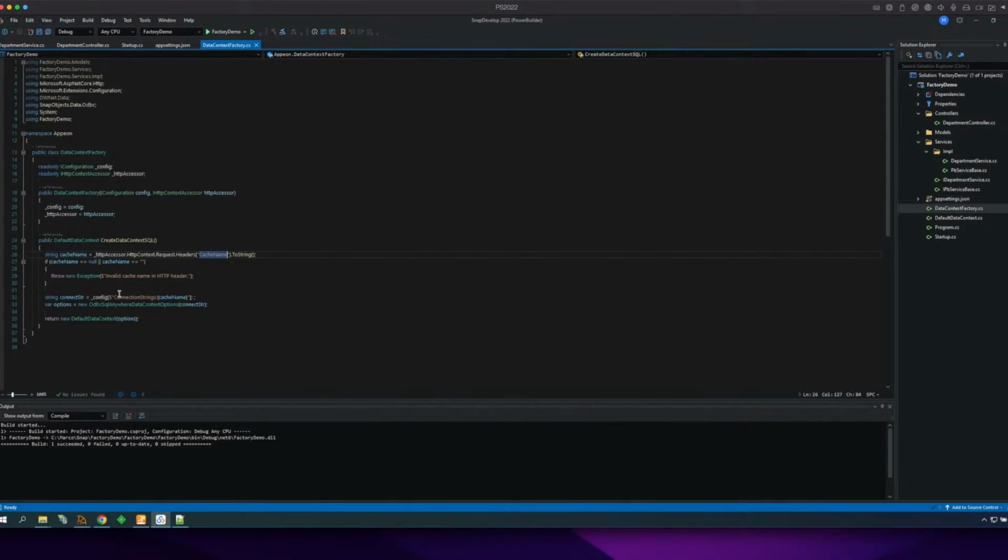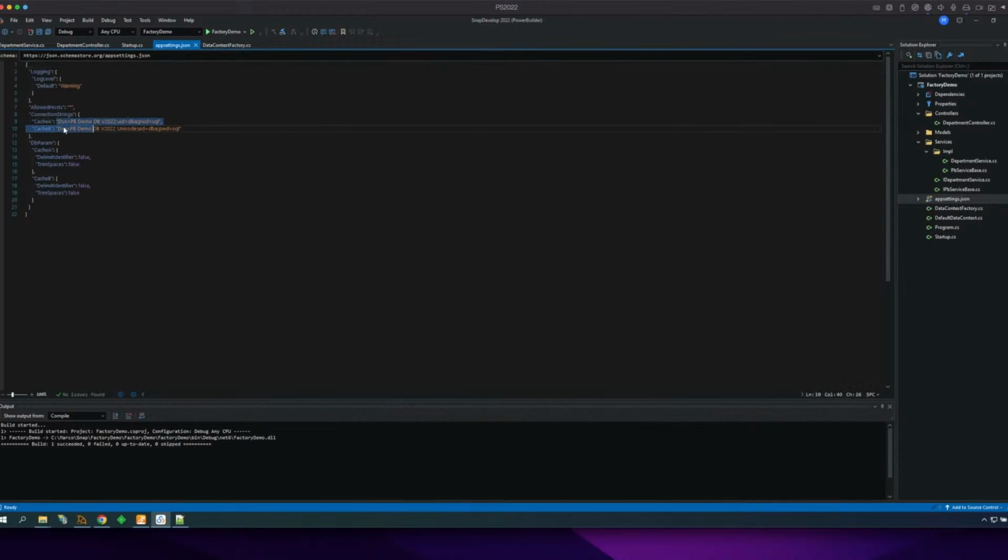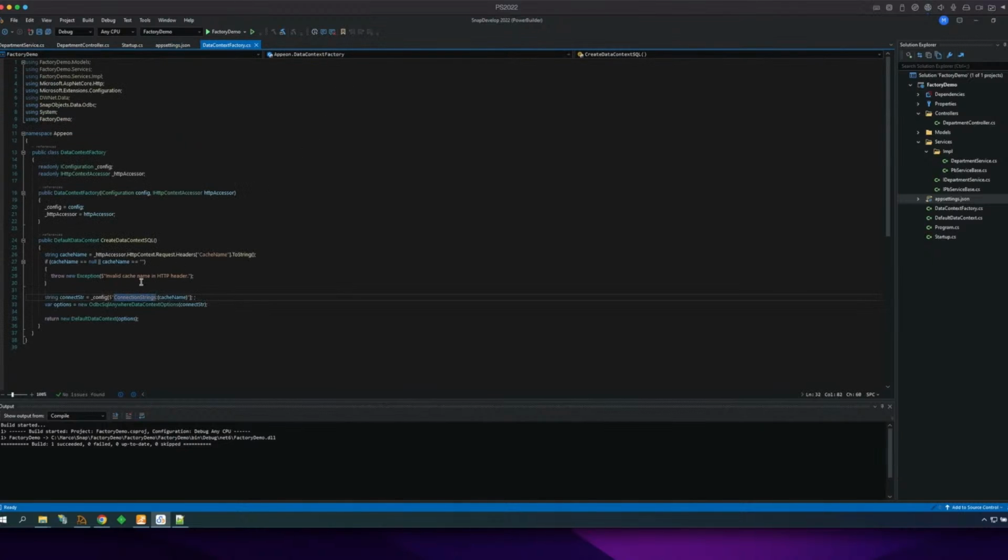It reads the cache name connection string from the cache configuration file, that is appsettings.json, cache A and cache B, and it creates a new instance of the SQL Anywhere data context, meaning it picks up a connection from the selected pool,